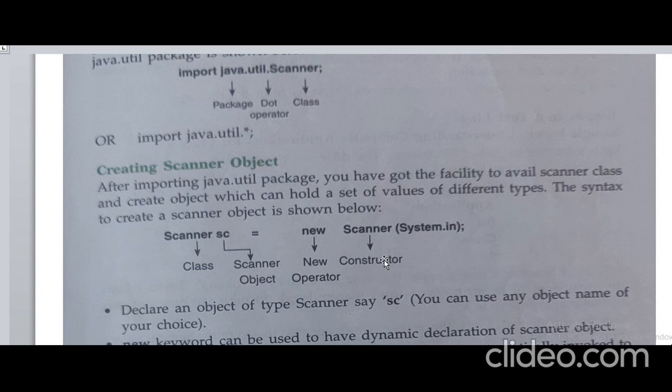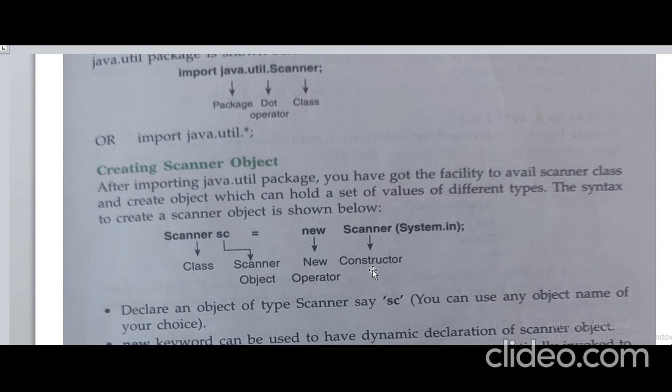This allows the constructor to receive the data from the keyboard, because there are two standard input ways to give input as a user. One is the keyboard, another one is the mouse. But generally we use one standard input, that is the keyboard.